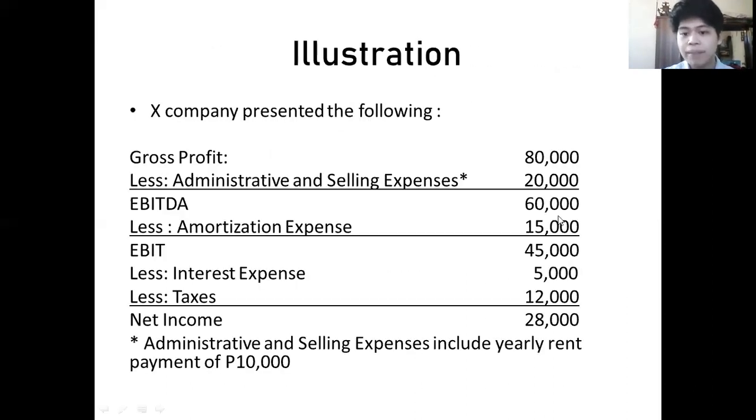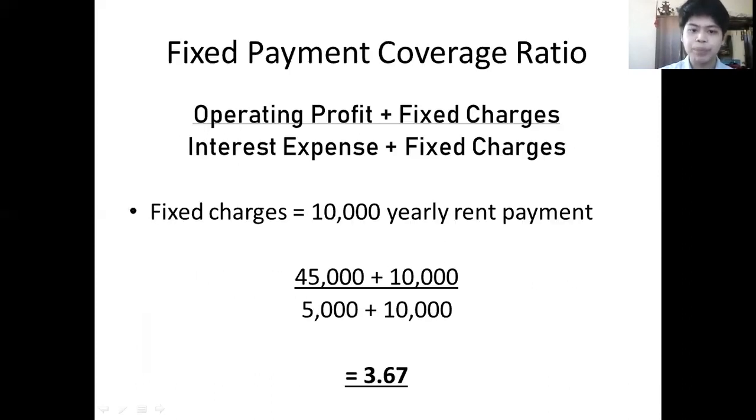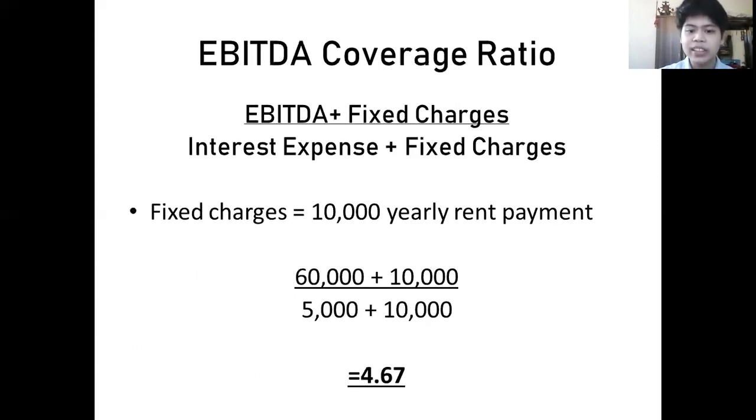Yung EBITDA or earnings before interest, taxes, depreciation, and amortization, 60,000 pesos. Okay. So 60,000 plus 10,000 divided by 5,000 plus 10,000, our EBITDA coverage ratio is